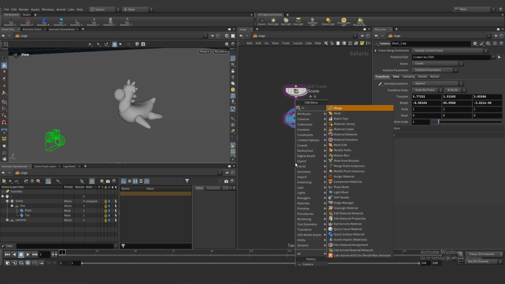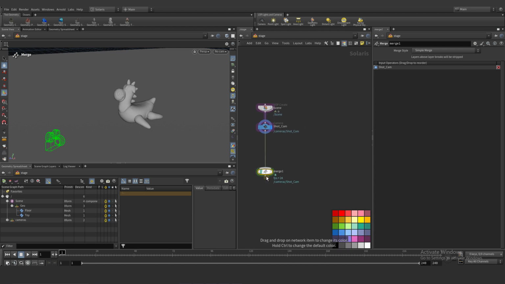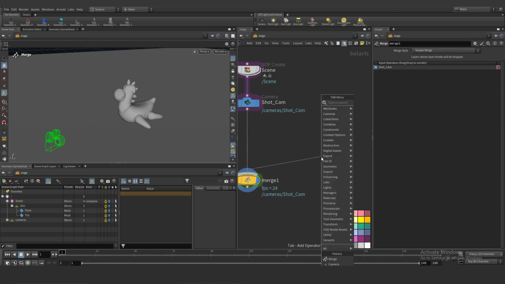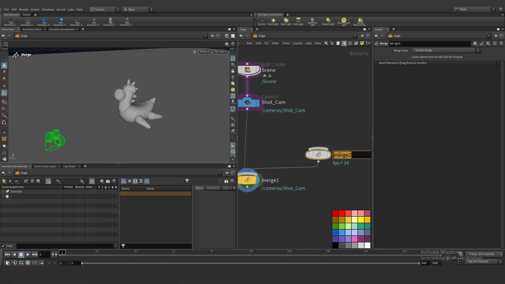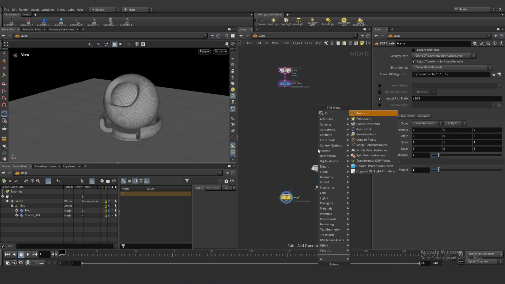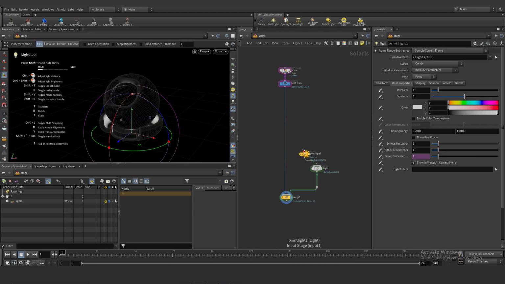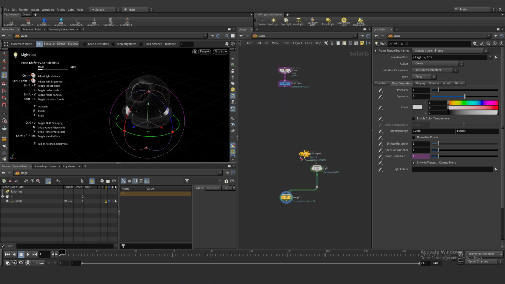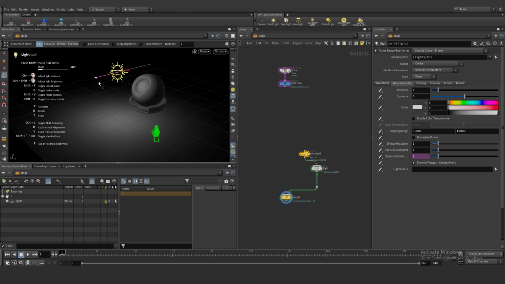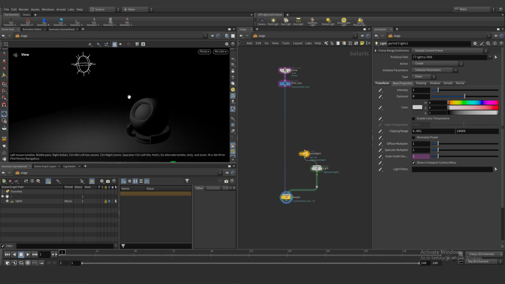Let's add a merge. This merge is for our lights, and let's add another merge called lights. Okay, organize a little and add, for example, a point light. This is a standard point light. It's very familiar. We can select our light and move it around. Okay, this point light